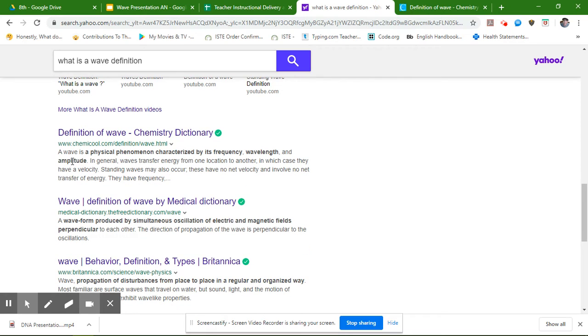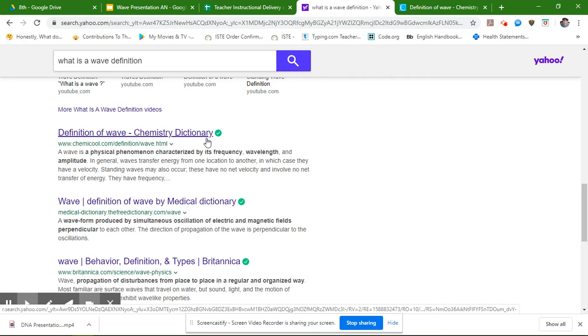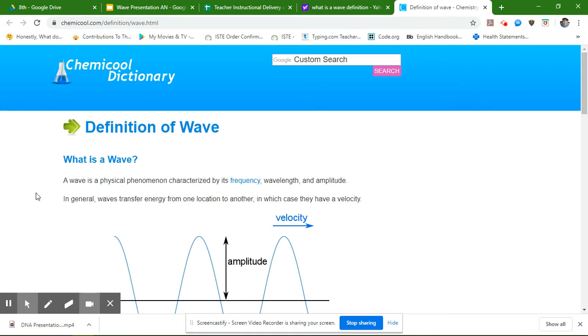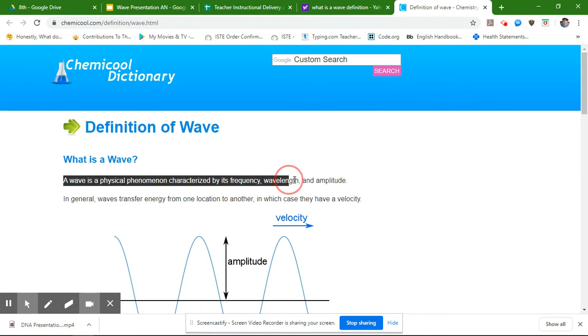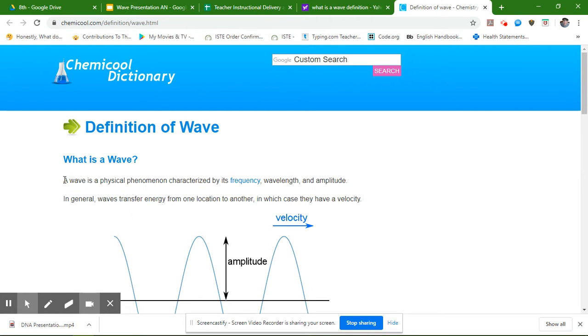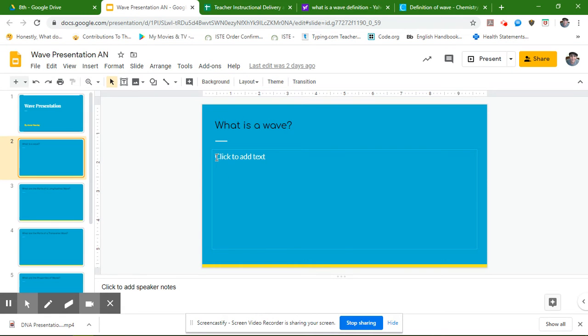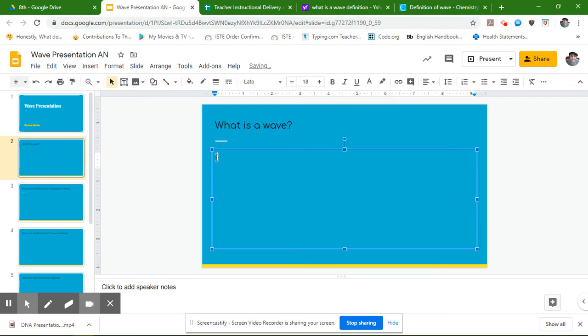And I liked this definition of a wave, chemistry dictionary. And so I'm going to go to this site and copy it. And I also want this second paragraph too. So I'll copy that. Inside my presentation, I want to make sure that I start with quotation marks because these